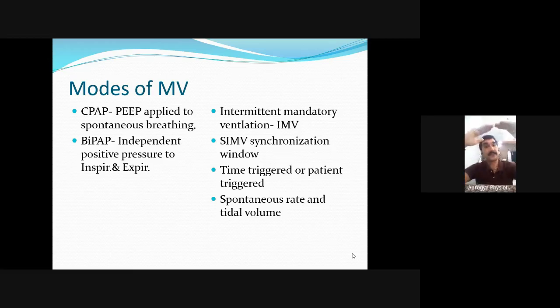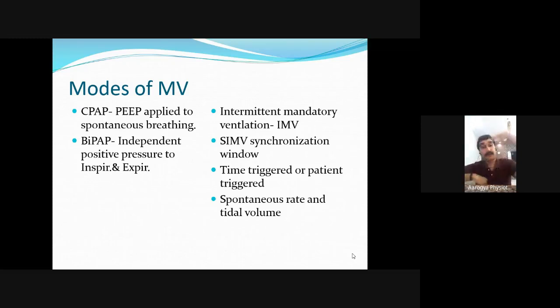Say you have set the inspiratory pressure at 12 centimeters of water and the expiration at 8, the difference is 4. EPAP is nothing else than PEEP, positive end expiratory pressure. And IPAP, inspiratory positive airway pressure, improves the ventilation. It normalizes the partial pressure of arterial carbon dioxide and thus reduces the work of breathing. And EPAP improves the FRC and reduces the intrapulmonary shunting by causing alveolar recruitment as PEEP does.